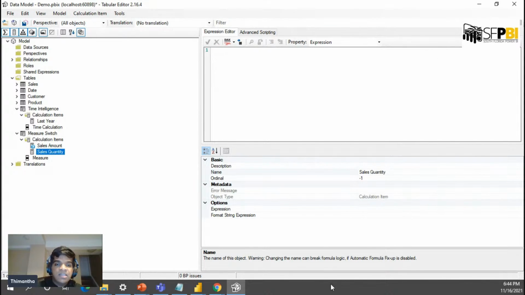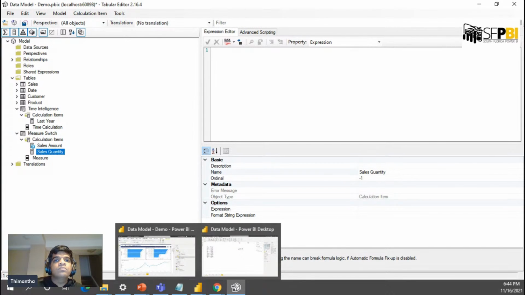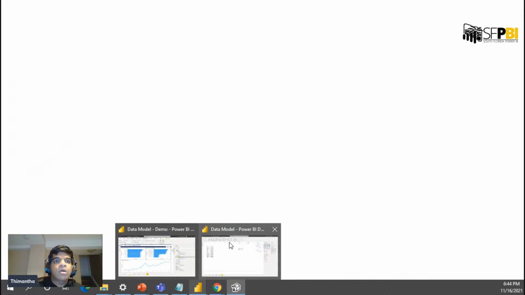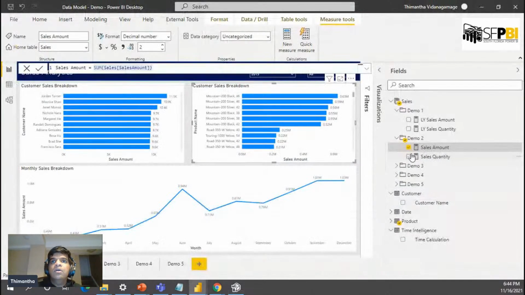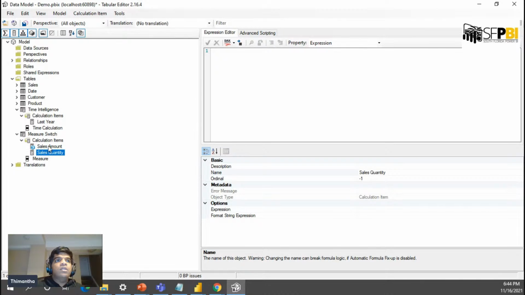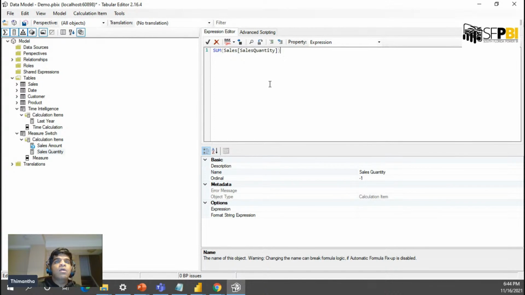And I would replicate the same for the sales quantity as well. So I would head back into my model, navigate myself to the sales quantity measure, and copy the very basic aggregate that's available for the sales quantity, and I would paste it right in my calculation item sales quantity. And that's about it. And what you do is you just save your model